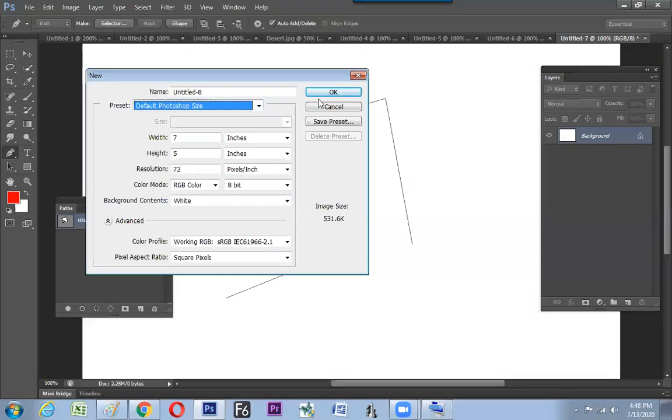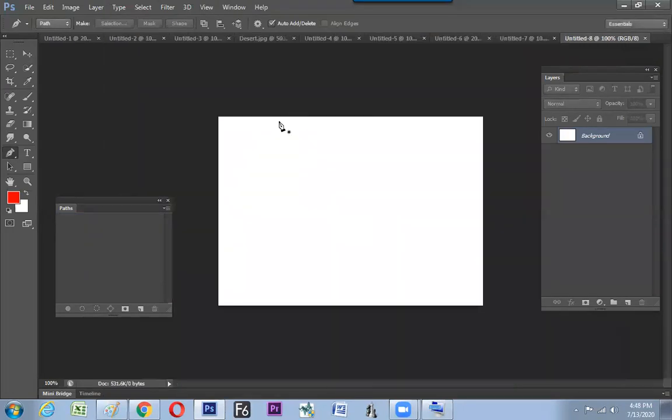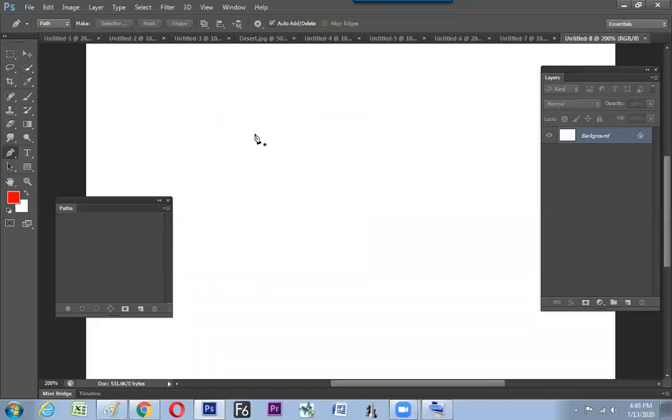It's very simple to work. I'm giving you all the details. Sometimes it looks complex, but Photoshop is very easy. Now, first tips and tricks: click and click always makes a straight line.